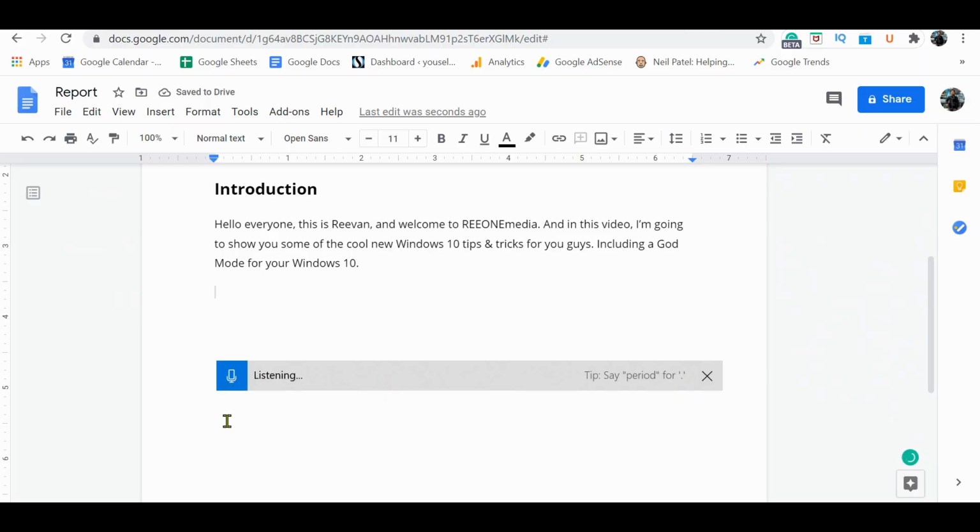This is one of my favorite features on this list, where you can convert your speech into text. Sometimes my fingers get too tired from constantly writing something on my computer. When I am writing some articles for my website or preparing a script, it's hard to write faster and longer. So it's always a better option to have your words turn into text. If you are tired of constantly typing on your computer, then you can turn on this dictating feature on your Windows 10. Just hit Windows plus H, and now you can convert what you say into text.